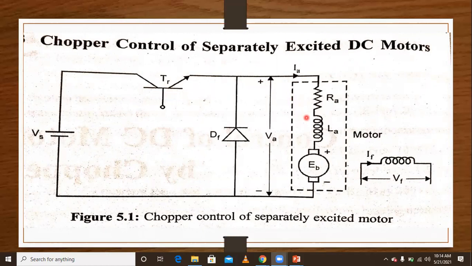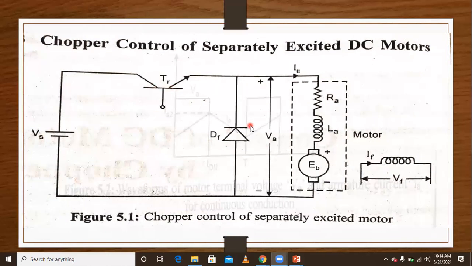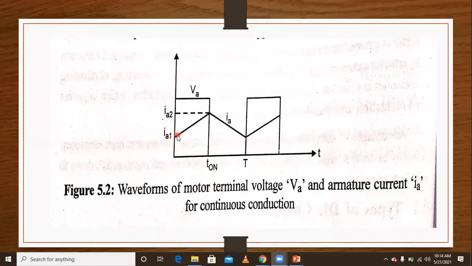Current limit control is a superior one, because it automatically turns the chopper on or off. When the current exceeds IA2, the current limiter control comes into the picture and turns off the chopper. When the current decreases to the lower limit, again the current limiter comes into the picture and turns on the chopper. Like this, the ripples can be controlled by using the current limiter. That's why current limiter control is a superior one.